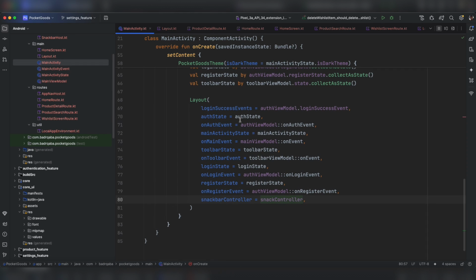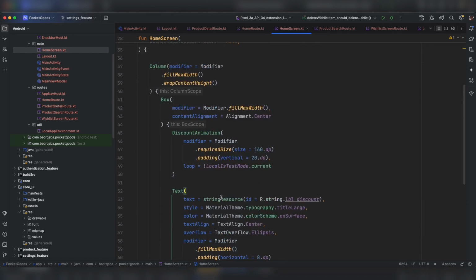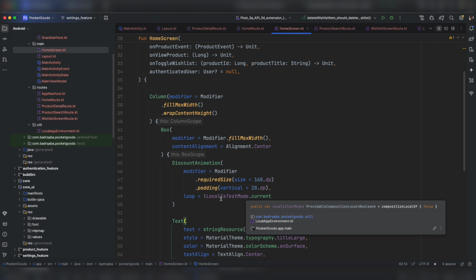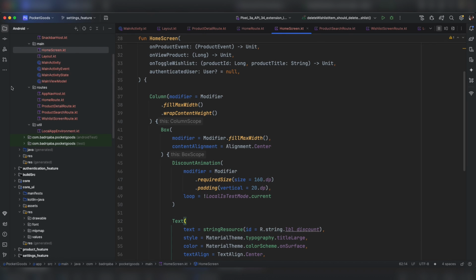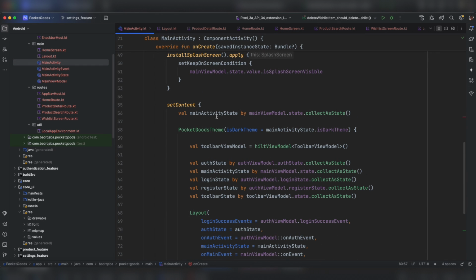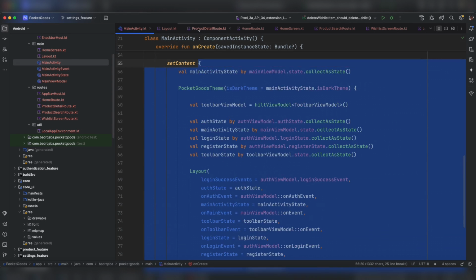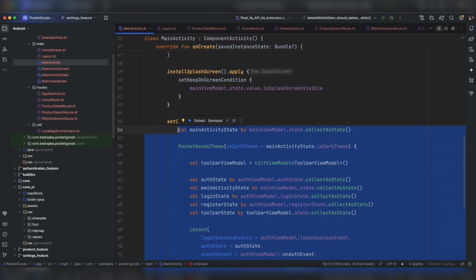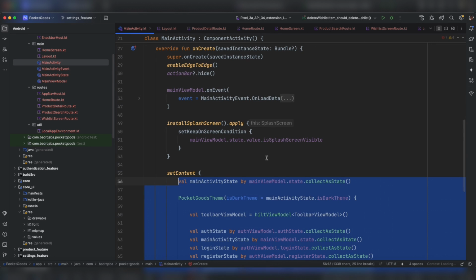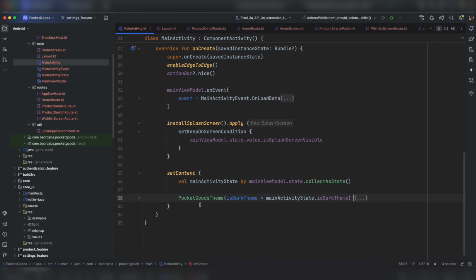If you do remember, under the home screen, let me refresh your memory, we need to provide the value that's going to be assigned here, whether under test or not under test. Let's come back to the main activity. We're going to basically wrap the whole thing within the composition local provider in order to assign the needed value according to the environments, whether we are on testing environments or under a normal environment. So I'm going to fold this section,